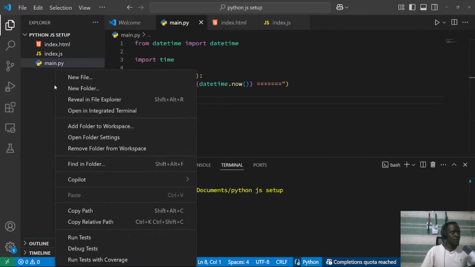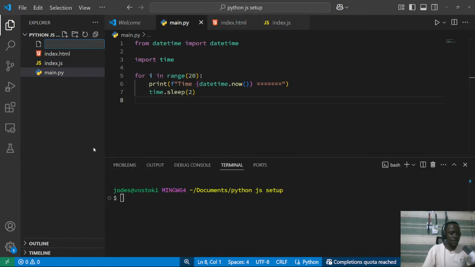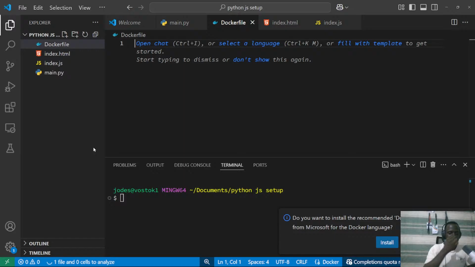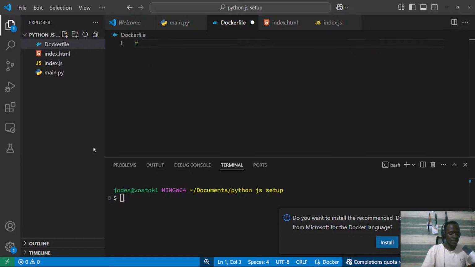So what I can do is to come right here, create a Dockerfile. So I can have my first Dockerfile. This is going to be the Dockerfile for our Python app. So we can do the normal FROM the base image, which is python:3.13-slim, and then we can create our WORKDIR,